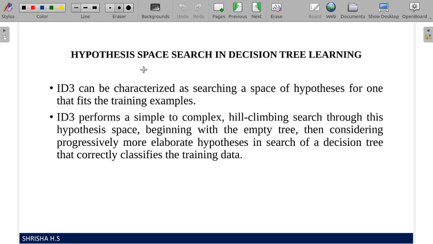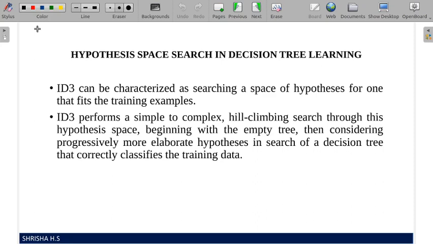So ID3 performs a simple to complex hill climbing search through this hypothesis space, beginning with the empty tree, then considering progressively more elaborate hypotheses in search of a decision tree that correctly classifies the training data.